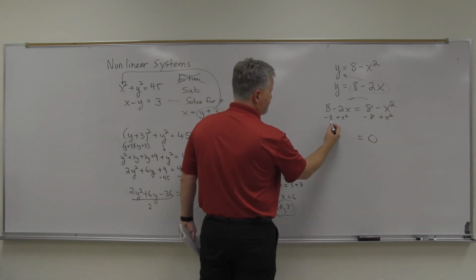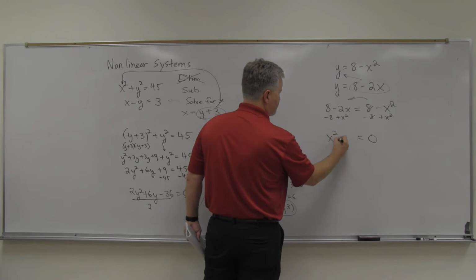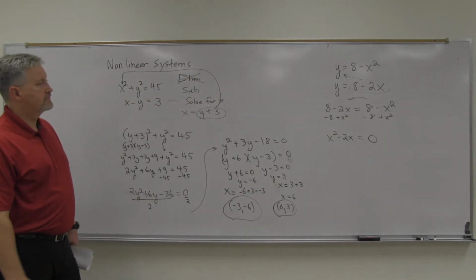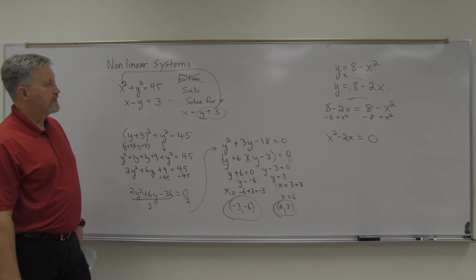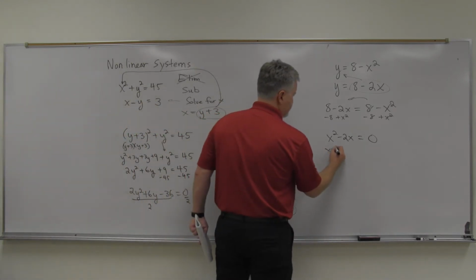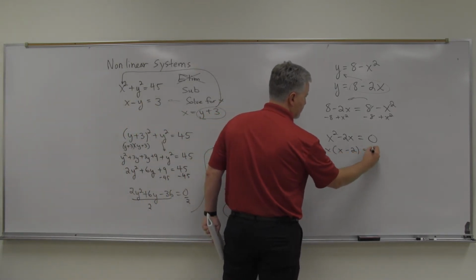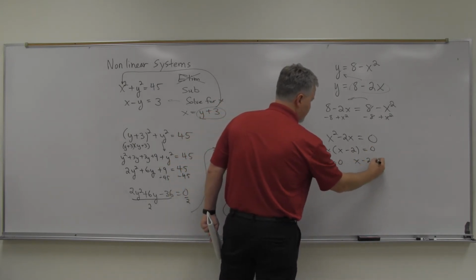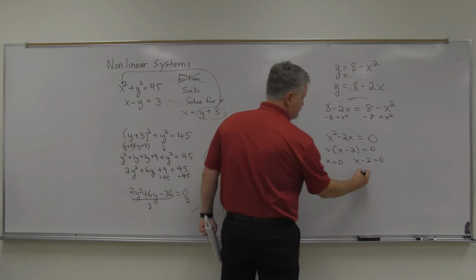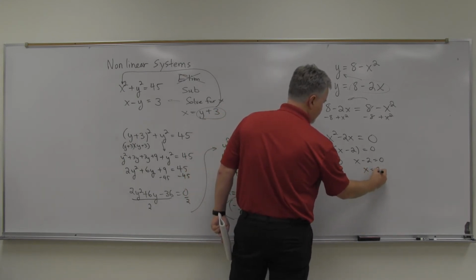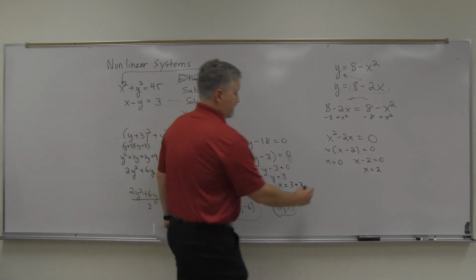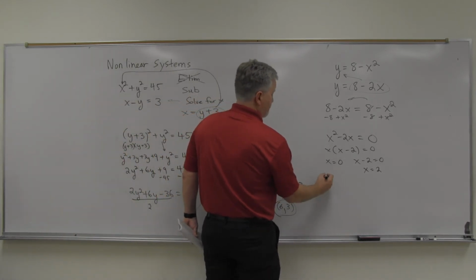Well, 8 minus 8 is 0. So this side I've got x squared minus 2x, don't I? And then that just factors as x times x minus 2. And that's x equals 0, x minus 2 equals 0. And so we add 2, we got x is 2 and x is 0,